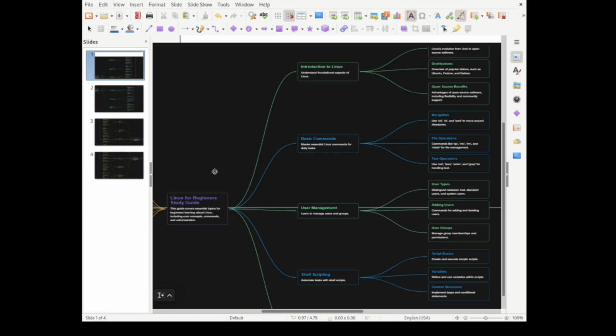So at first we looked at the introduction to Linux, where we talked about the history of Linux, where it started from, how it started, and we also looked at the distributions. These are various distributions or operating systems which utilize the Linux kernel and where you can get these Linux distros. We also looked at the open source benefits. Of course, Linux comes with everything for free,